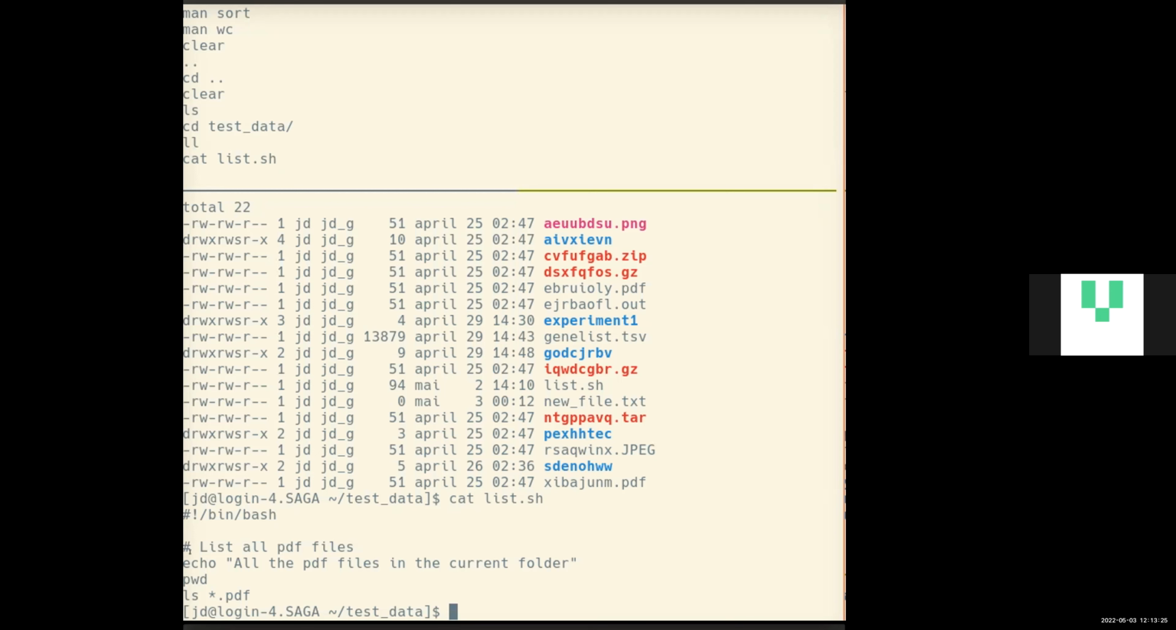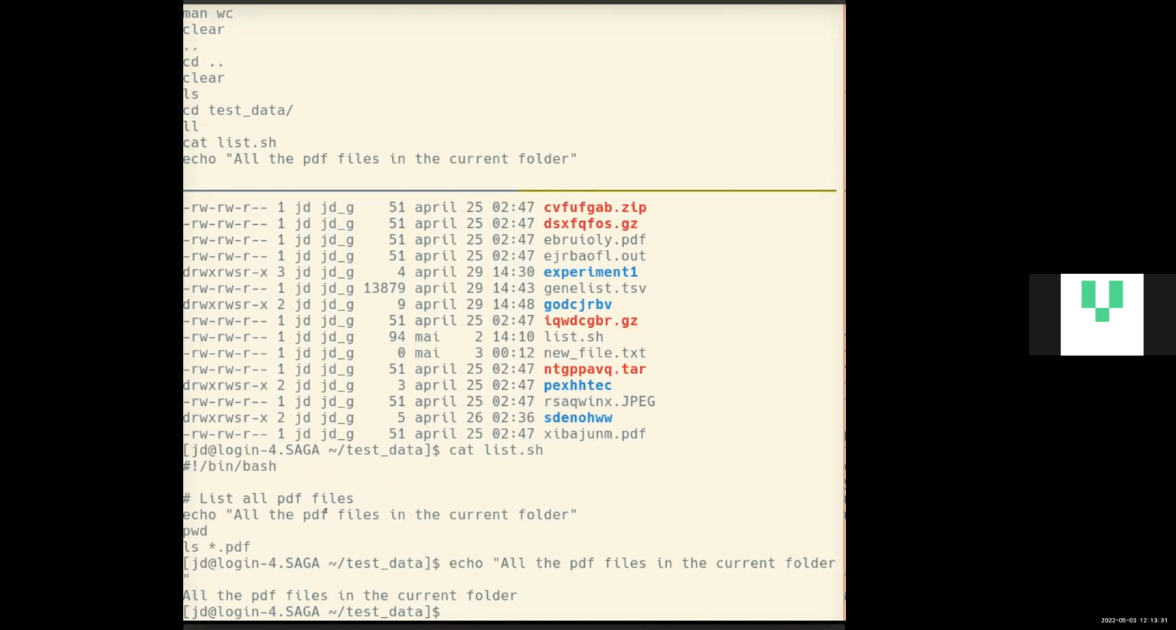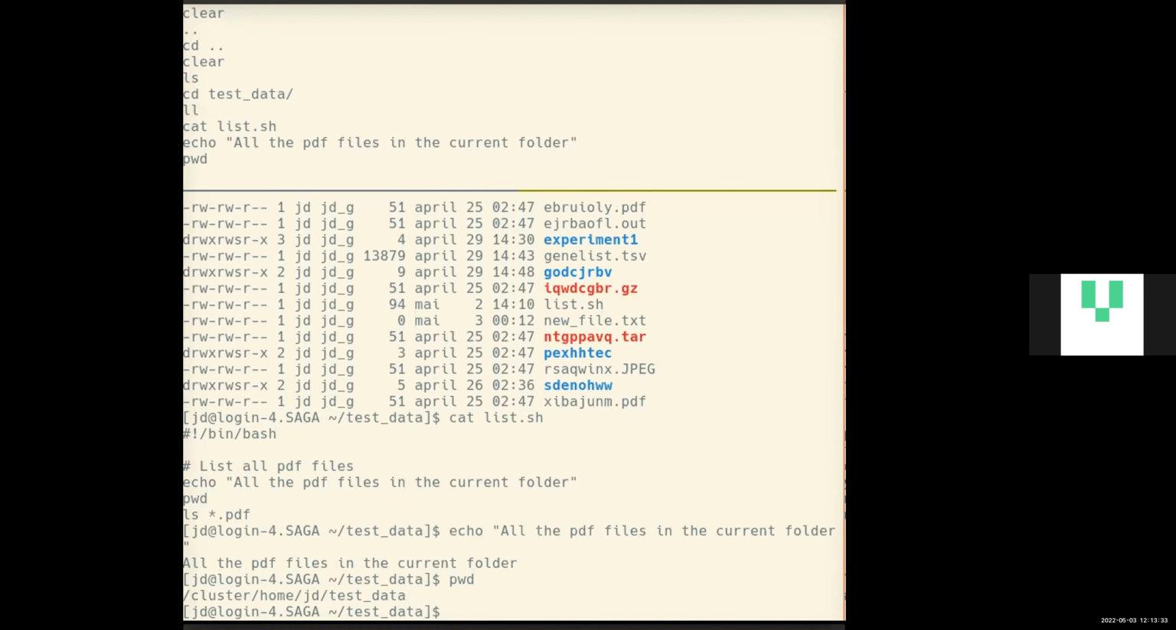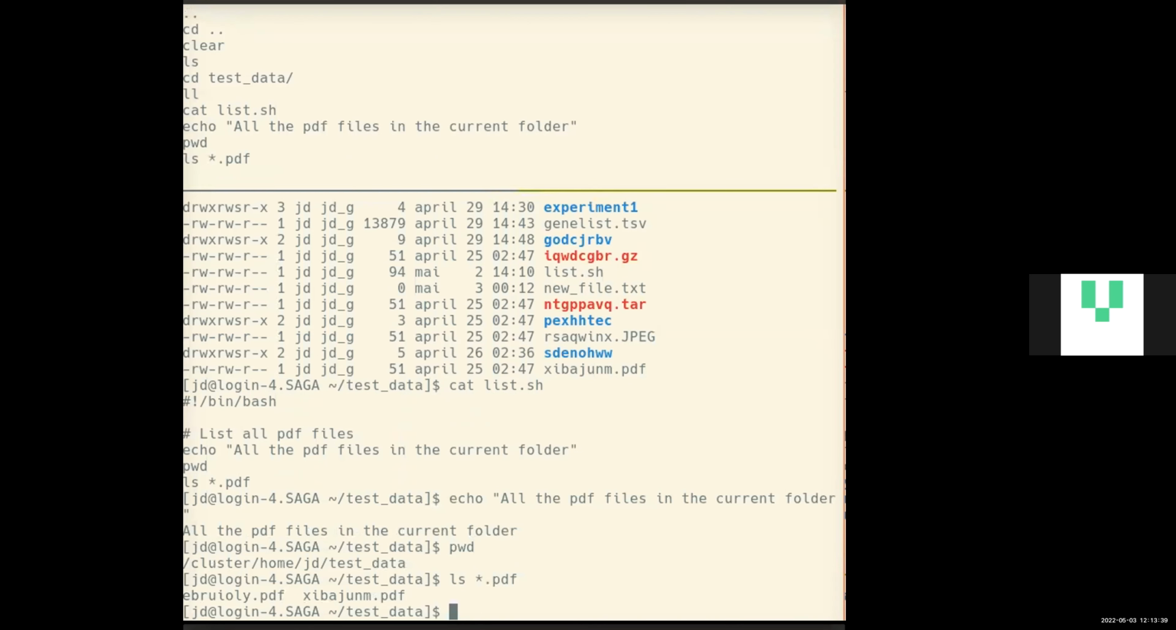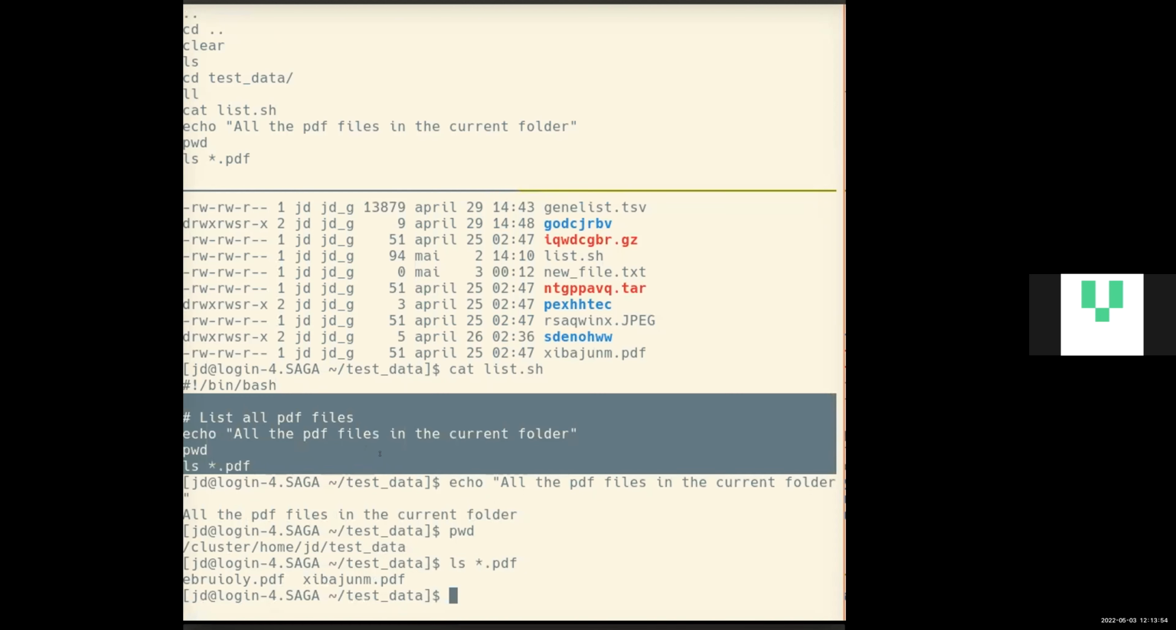So I can do them one by one. I will copy this, and then you will see, okay, it just does it, and I can do pwd, and then I can do ls wildcard PDF, and then I will see 2 PDFs being displayed. But this is a bit of a pain if you want to do this every time, and you have to find the command. You can go up and up and up, but this is already bothersome. Instead, we use this shell script,